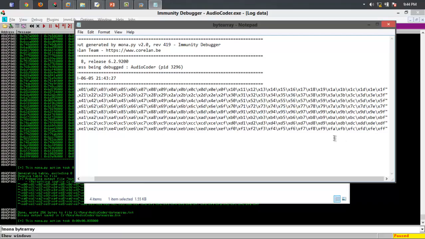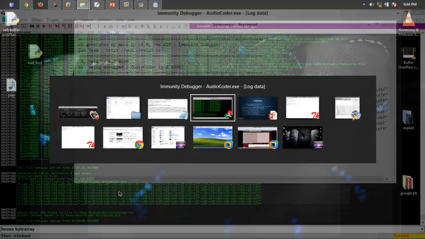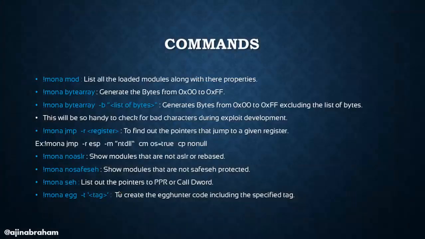and you can run it, and you can analyze it in the debugger and make sure which one is a bad character and which one is not. There is one more option, that's a filter for bytearray. It will be !mona bytearray -b and then a list of bytes. What it does is that it will generate the bytes from 00 to FF, excluding that list of bytes. Suppose you find out that some character is a bad character, and the next time you want to create the same set of bytes from 00 to FF, excluding that, then you can use